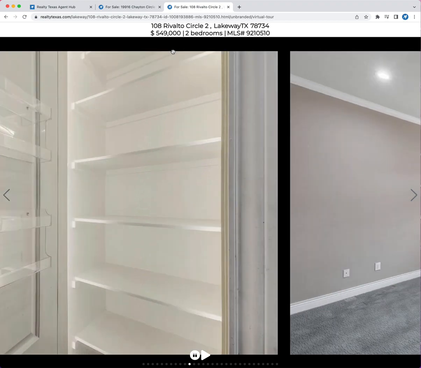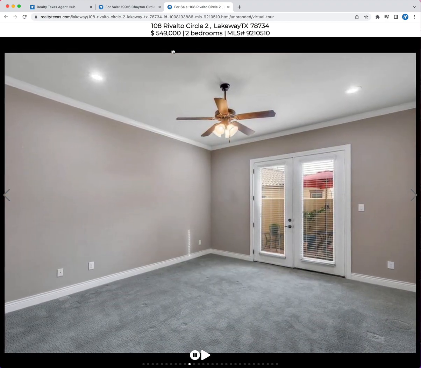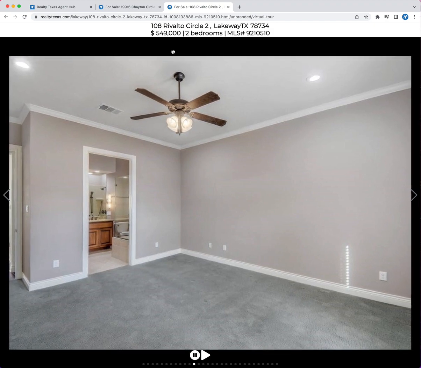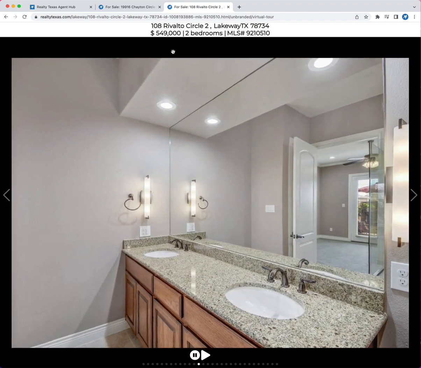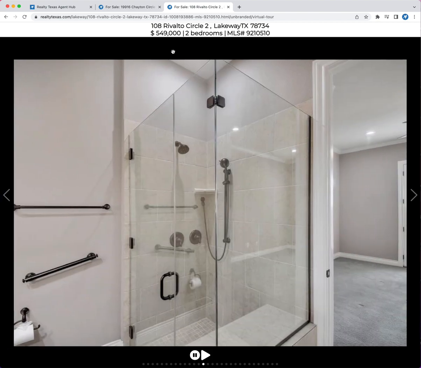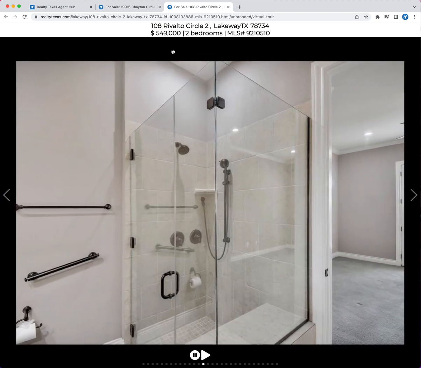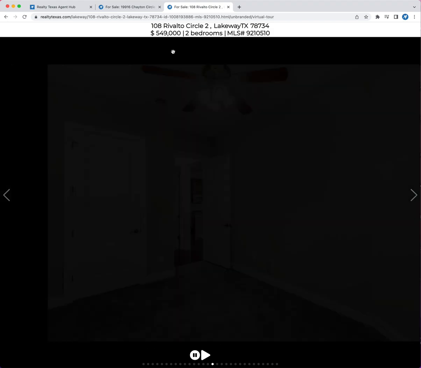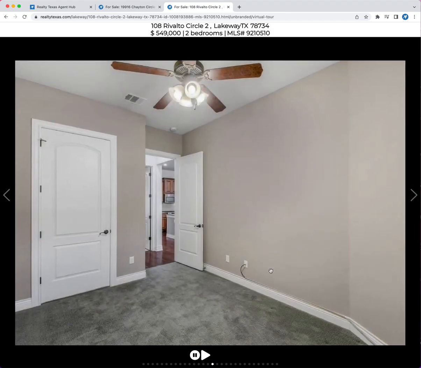Putting this URL in the MLS means that every single broker website that displays your listing, and Realtor.com, Homes.com, and Zillow, have this virtual tour, which links back to our website. Now, the rule of the virtual tour is that it has to be unbranded. So this is an unbranded site. There are no links to leave this virtual tour, and all it's going to do is cycle the photos for